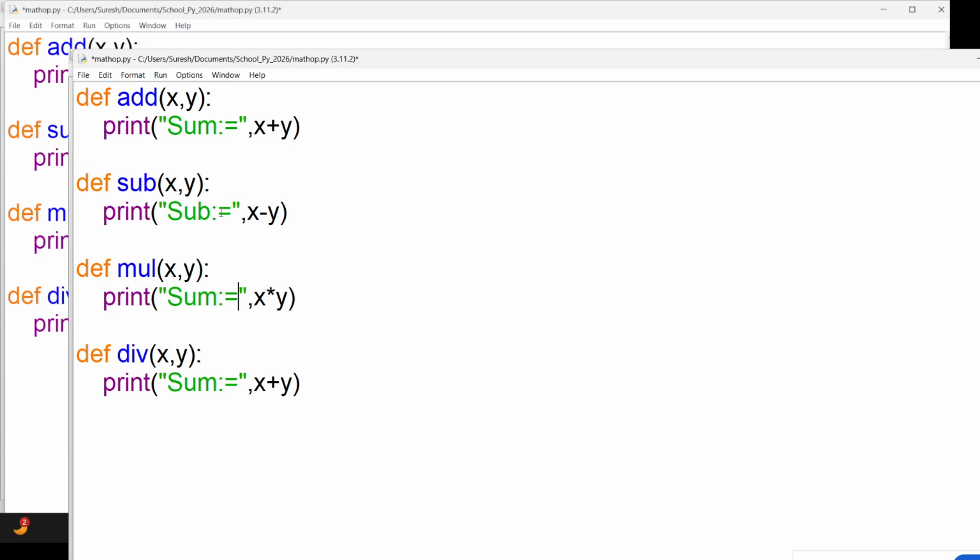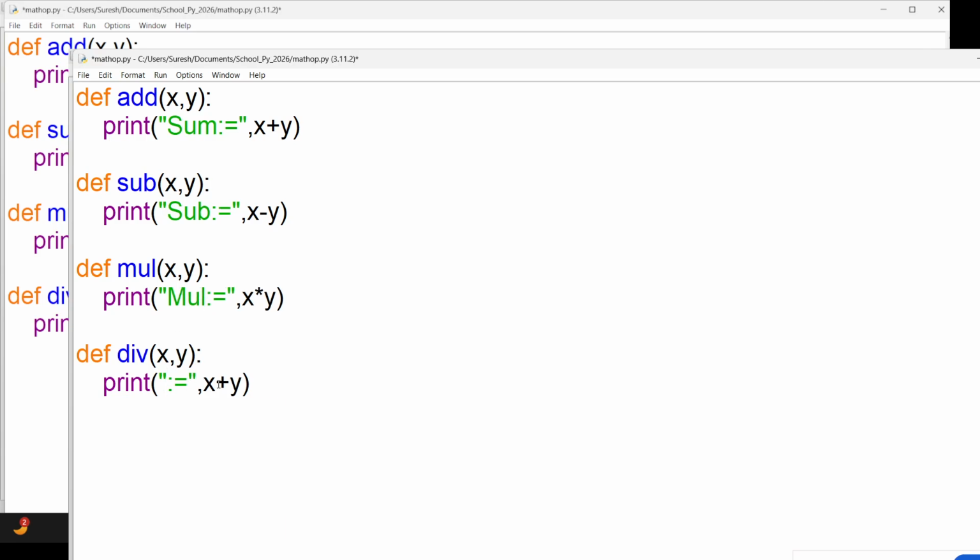We are just simply creating a file. When we want to use this function in other files, at that time we have to import. Within the same file, I can directly access it, and there is no need to import.